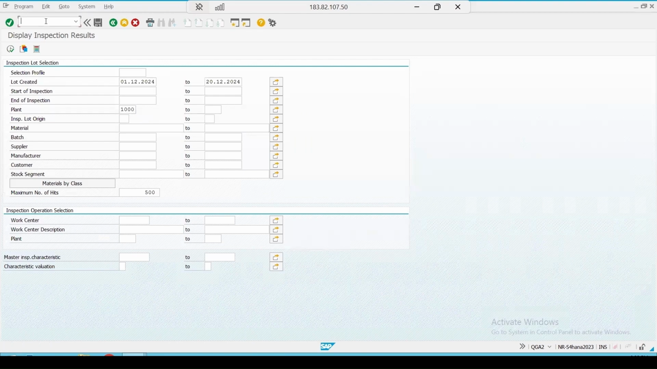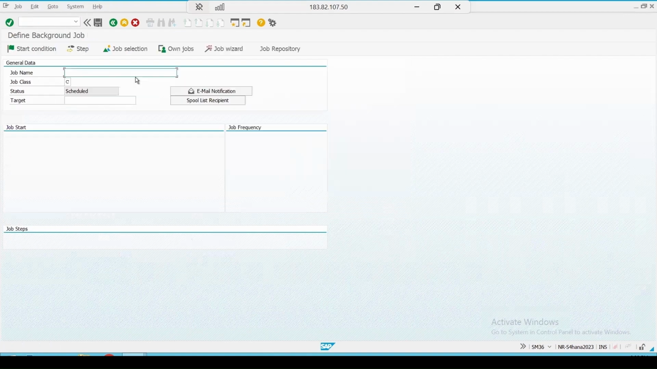Next task is we will go to the SM36 transaction to create a background job. Here you can enter the name of the background job. Suppose I'm again entering, say, inspection result report mail. I can write, okay,